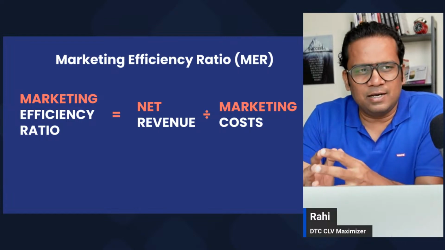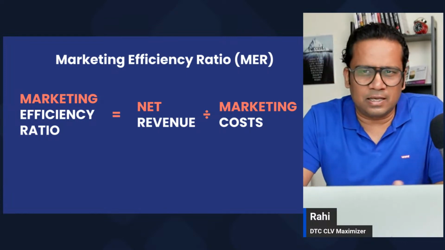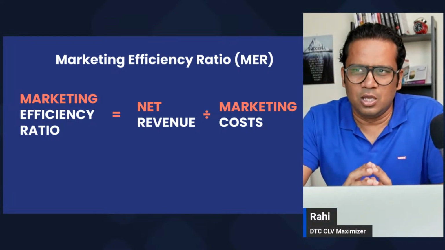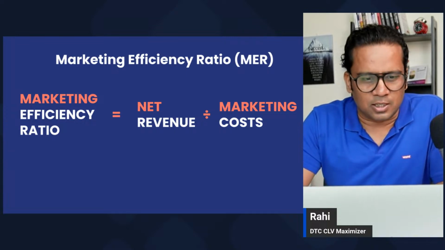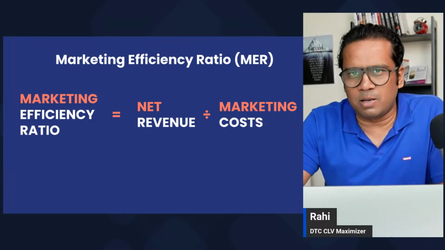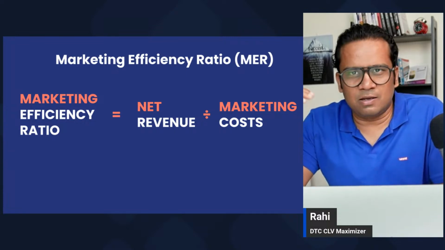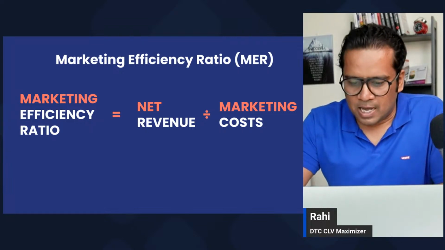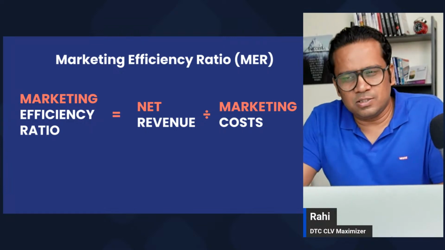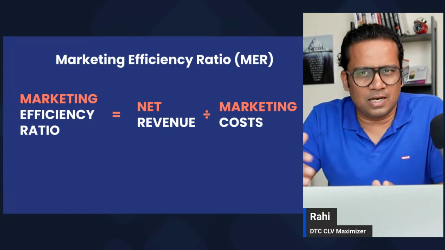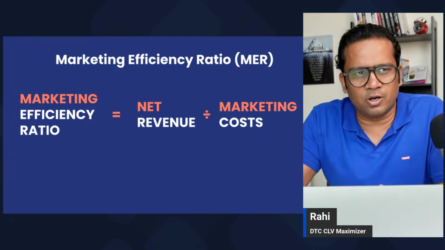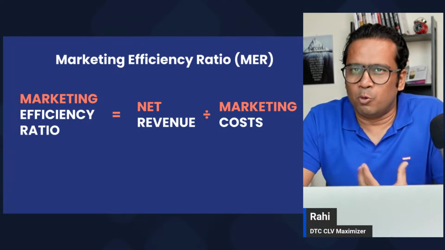It's more like a blended, not blended CAC. CAC is about acquisition, this is more about efficiency: whatever you're spending and how much you are generating. So it's net revenue divided by marketing cost. That's your marketing efficiency ratio. Now, to improve marketing efficiency ratio, or decrease marketing cost overall, or get more bang for the buck,